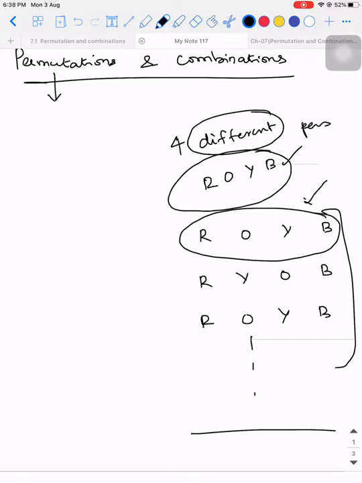So what you're doing is, each pen is treated as an object. You're trying to rearrange the objects among themselves. So this process of rearrangement of objects is what is called permutation. So arrangement of the objects that are given in your hand is what is called permutation. So permutation is a technical name. The simplest meaning of permutation is nothing but an arrangement.